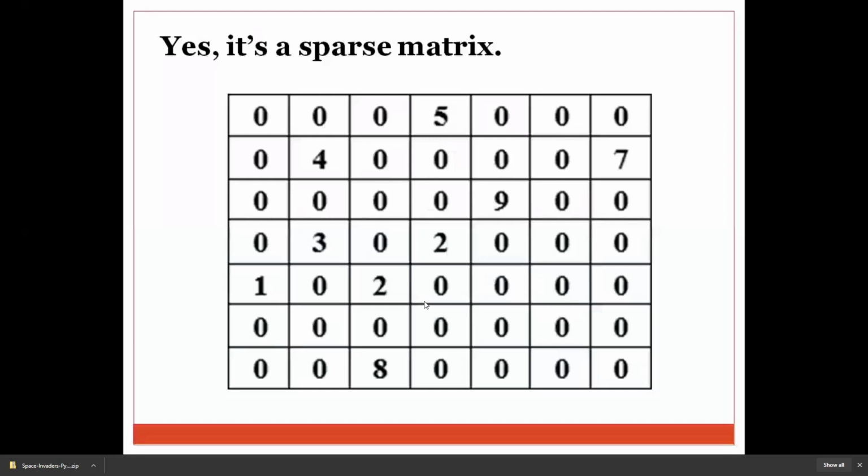So for 3 by 3, how many total bytes will be created? Tell me. Each element requires 2 bytes of memory. A 3 by 3 array gives you 9 elements. Am I right? So what is the size? 18 bytes will be created.